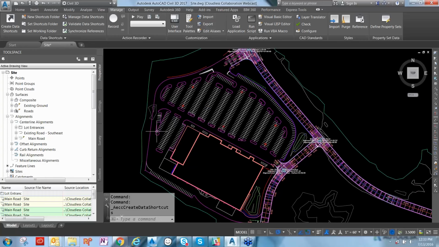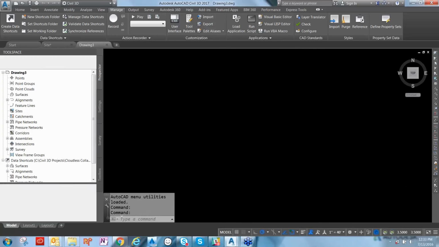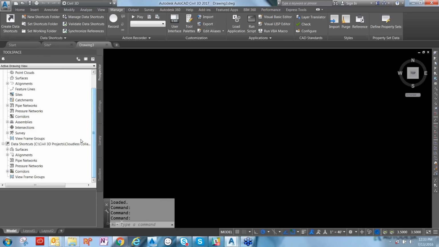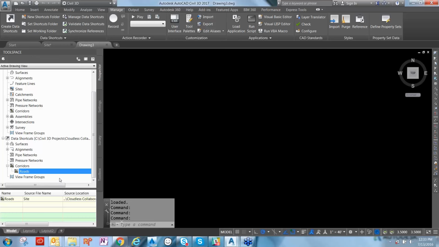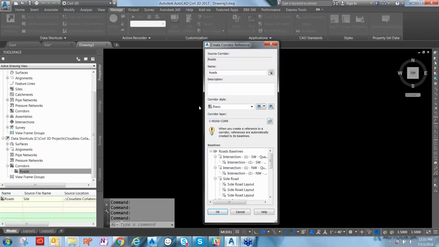So anyway, now that I've got that all established, I want to create a new drawing and show you how we can use these data shortcuts in a new drawing. One of the other things that we did for the 2017 release is you can use your corridor model or any other data shortcut. You can right-click and create a reference like you have always been able to do. Or you can now grab it, and just as you were able to drag and drop within your Prospector, you can drag it and drop it into the canvas of a drawing. And when I do that, you'll see that we have that same create reference dialog box